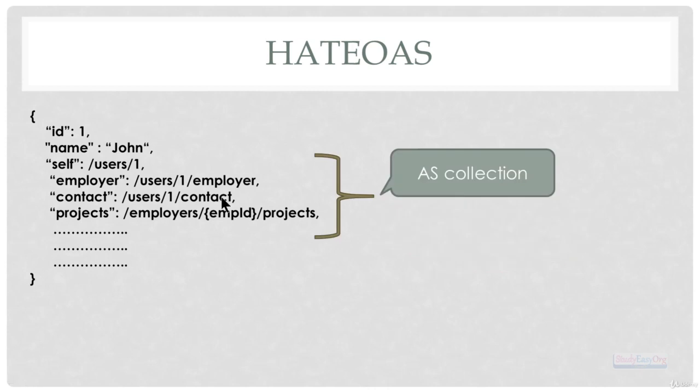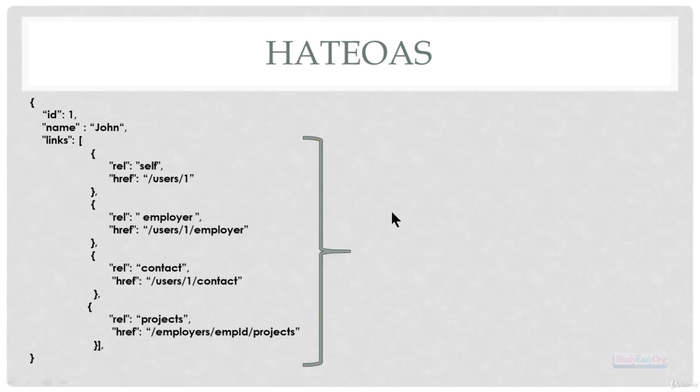So if we can mark all of these links as a collection inside a single umbrella, then things can be very convenient. How can this be done? How can we mark all of these links as a collection? Definitely this is possible. We can have a response inside a response. Understand this. We can have a response inside a response. We can have an array of response. How is this possible? Very simple.